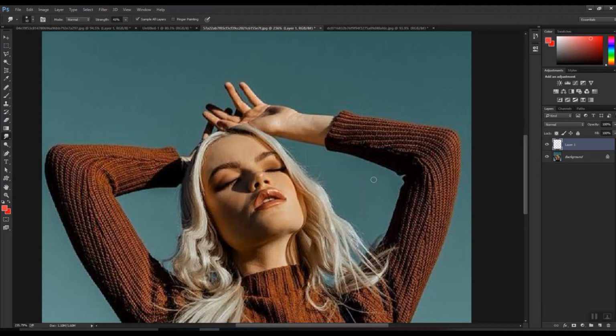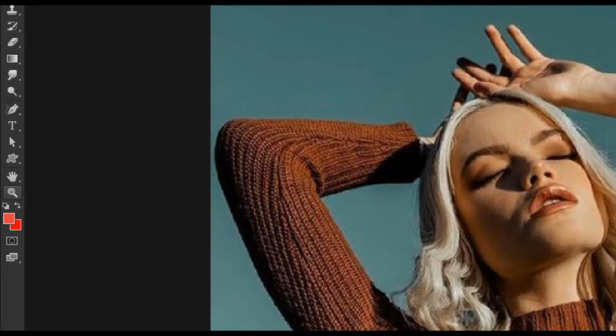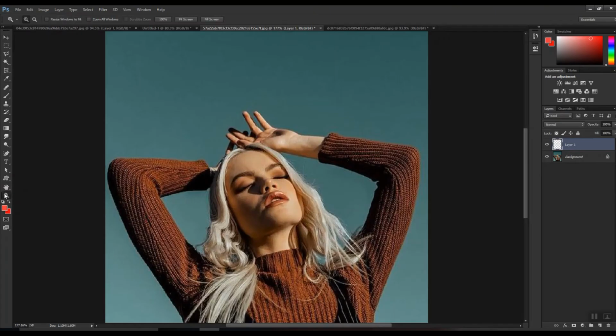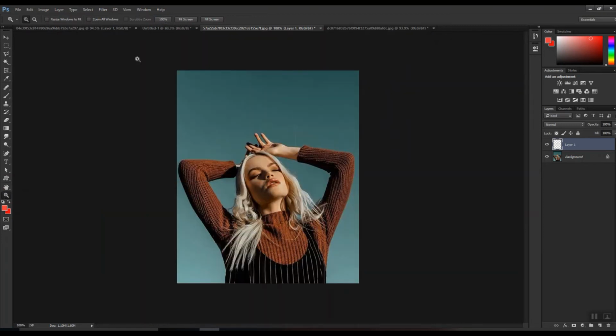Now before moving towards the next set of tools, let me explain to you one thing. As you know, many people are confused about how to check the quality of your image, or how we can know if the quality is correct for printouts or not. So all you need to do is, there's a zoom icon, as you can see. Simply click on this icon, and at the top there's an option called 100%. Simply click on this and you can see this is the actual size of your image.